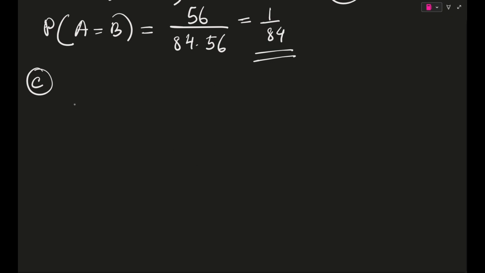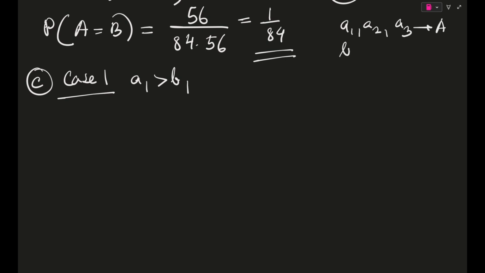Okay, so guys, case number 1 is when A1 is greater than B1. There can be two possible cases. Either A1, now what is A1, B1 you might ask. A1, A2, A3 are the numbers being selected by Mr. Capital A, and B1, B2 and B3 are the numbers being selected by Mr. Capital B. And as the numbering is done in the same perfect order, they are being selected. Please note. So A1 being greater than B1 is one case, and another case that we are going to explore,